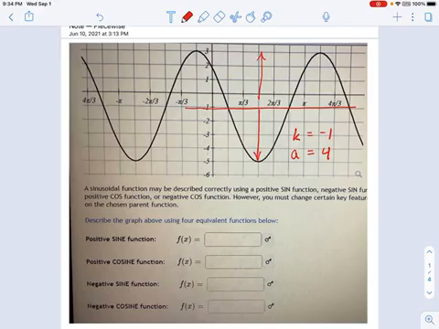The period is another thing that doesn't care about the phase shift. What is the period of this graph? Well, there's a couple ways you can figure it out, and they all have the same idea. We're going to look for where the function repeats itself. You can pick the top of the curve to another top of the curve and ask what's the distance between them. I like to go for easier calculations. I like to look at the x equals 0 point, the y-intercept, and say, where does it touch that point again? And in this case, I see that over here at pi. So I would say,